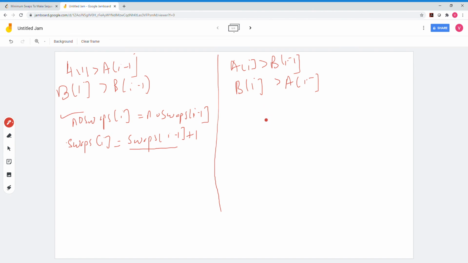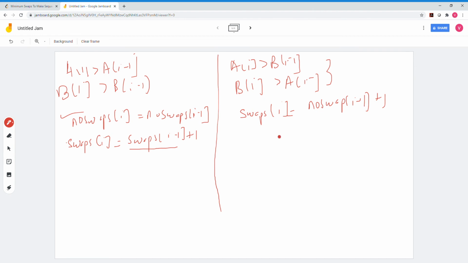You can do swaps at either of the positions, either i minus 1 or i, not both. So let us say I'm first calculating swaps of i, which means I'm swapping at the ith position. Which also means I have to make the array strictly increasing until the i minus 1 position, and such that there is no swap at the i minus 1 position because of this condition. So it will simply be no swaps of i minus 1 plus 1 for this one extra swap at the